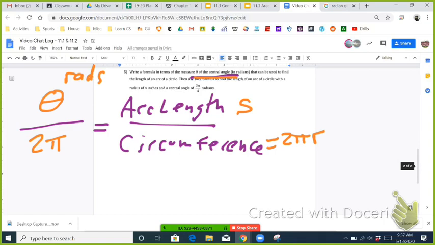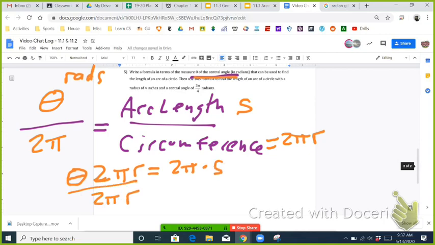So if we cross multiply this, we get theta times 2 pi r equals 2 pi times s. So if we divide both sides by 2 pi r to isolate theta,